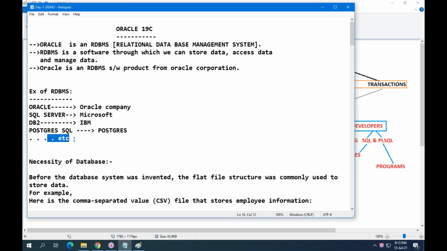According to your business requirement, based on your business size, some companies are small, medium, or large. Based on your company and requirement, you can select any RDBMS. But all RDBMS provide the same service to you. What kind of service? Storing data, accessing data, managing the data.